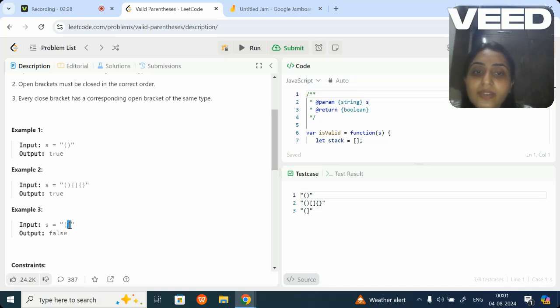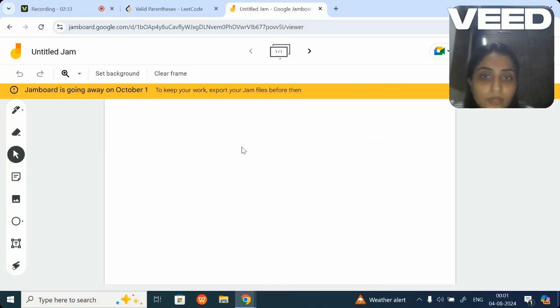Apart from this, there are various other examples that I can give you. Say, for example, you have an opening, something like this. If you see, this has an opening, but it is not the immediate opening.